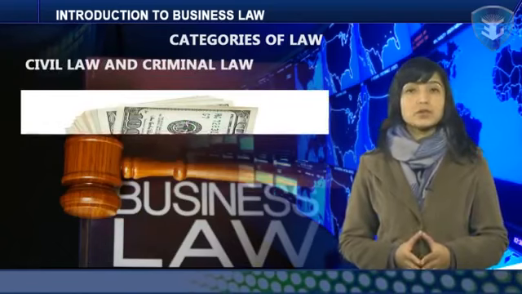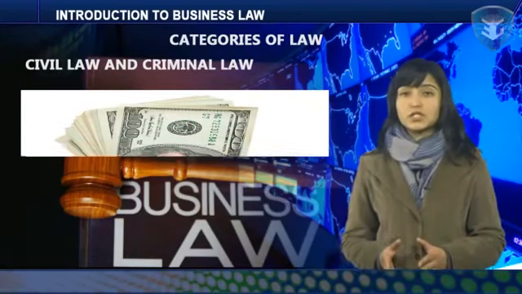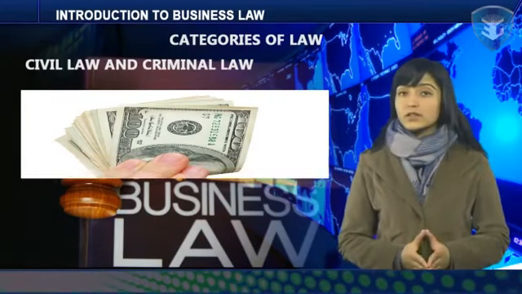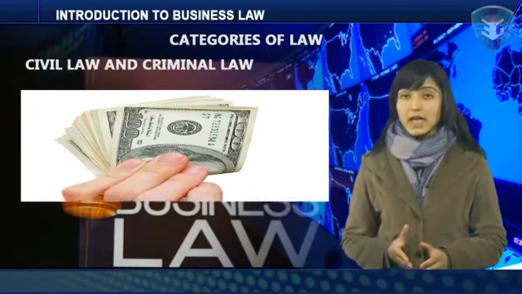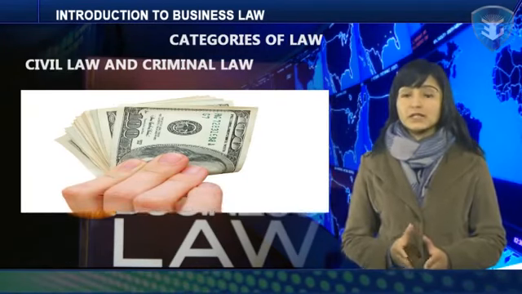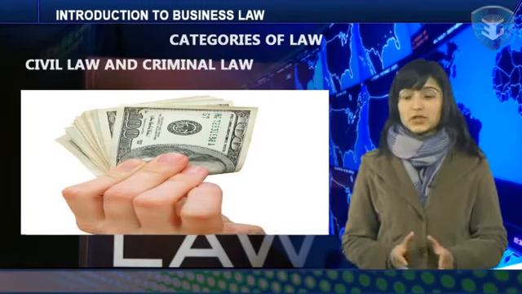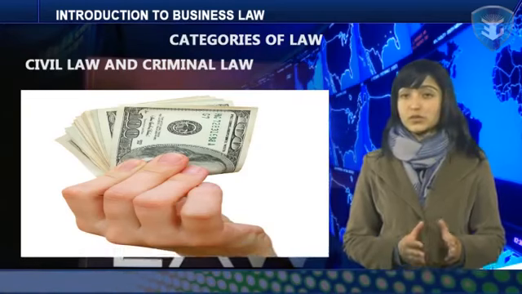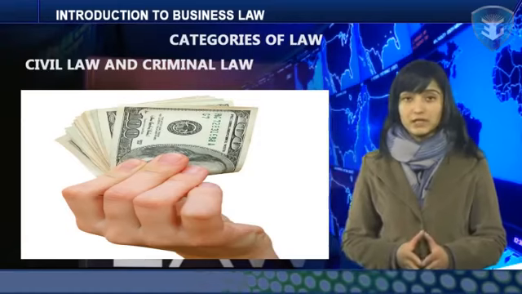Civil law and criminal law. Civil law is a form of private law and involves the relationships between individual citizens. It is the legal mechanism through which individuals can assert claims against others and have those rights adjudicated and enforced. Criminal law, on the other hand, is an aspect of public law and relates to conduct which the state considers with disapproval and which it seeks to control or eradicate.